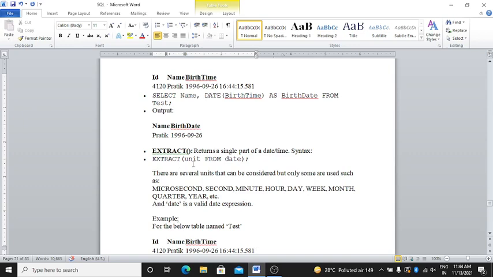Then EXTRACT returns a single part of the date or time. The syntax is extract unit from date. There are several units that can be considered, but only some are used, such as microsecond, second, minute, hour, day, week, month, quarter, year, etc. And the date is a valid date expression.